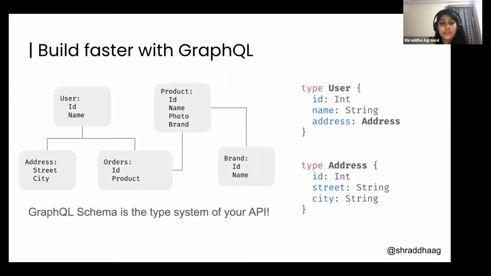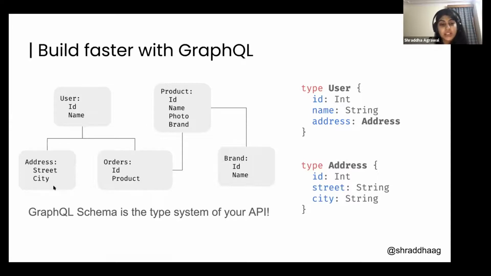Next, let's say as an API evolves, its type system changes. When it comes to REST, developers are notorious for not maintaining the documentation. So let's say we had a REST API which used to give me the address of a particular user with street and city. And moving forward, I perhaps added a PIN code and forgot to update the documentation.